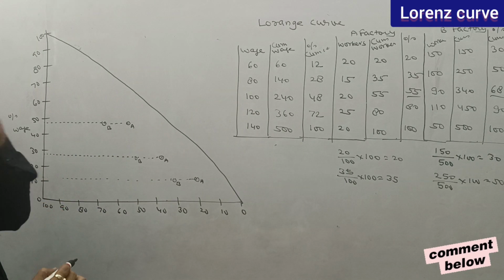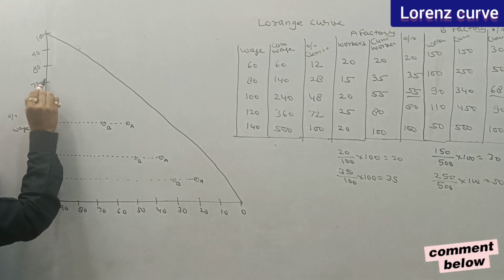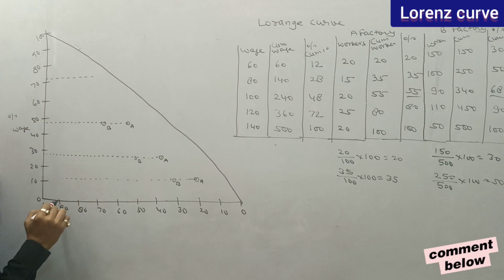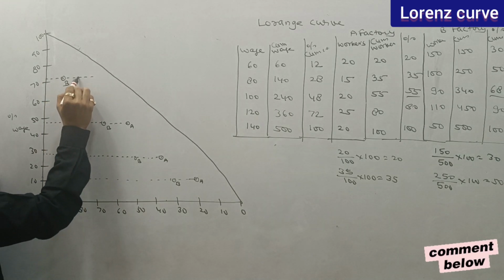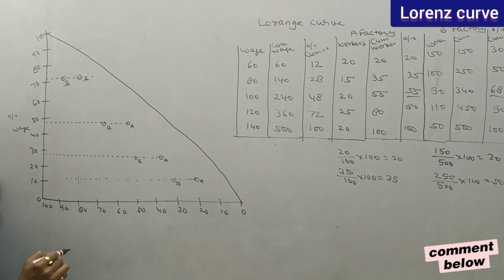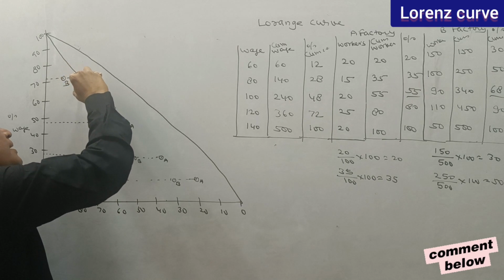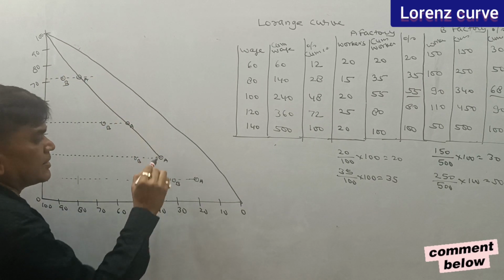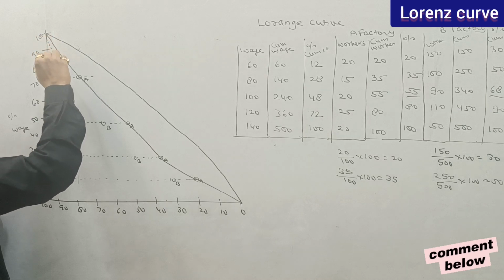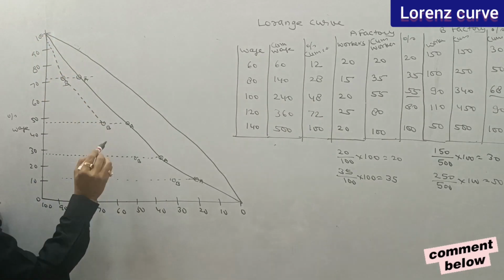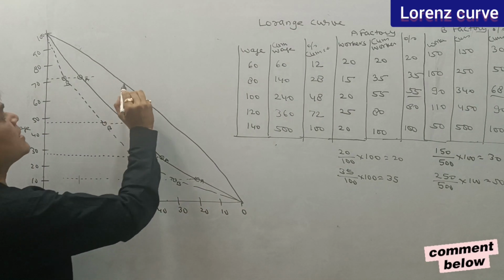Okay. Now wage is 72. A series is 80, B series is 90. So wage is 72. A series, B series has 90. A series has 80. A point A. So the A series line is first this, second this, third this, fourth this and fifth this. B series has first, second, third, fourth, fifth. So this is the line of equal distribution.